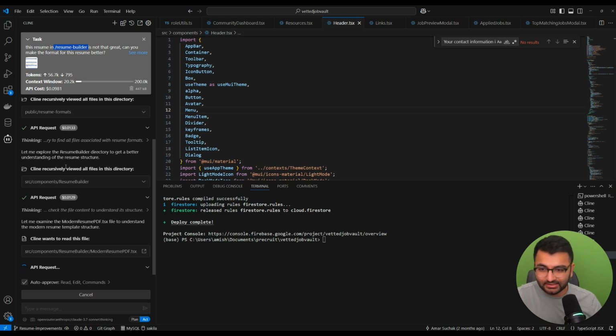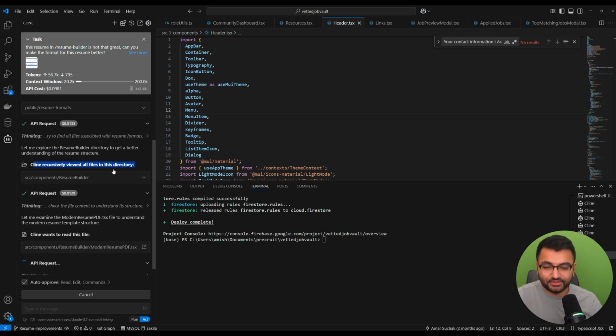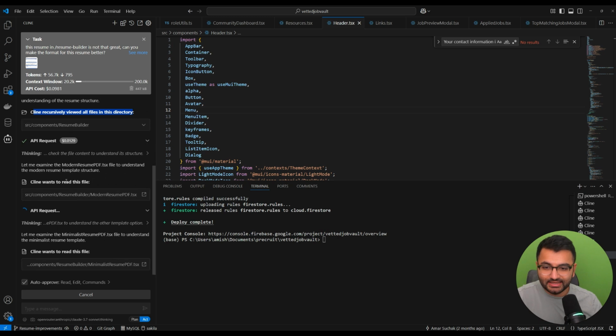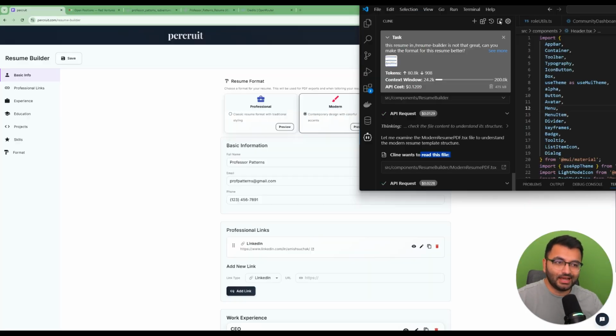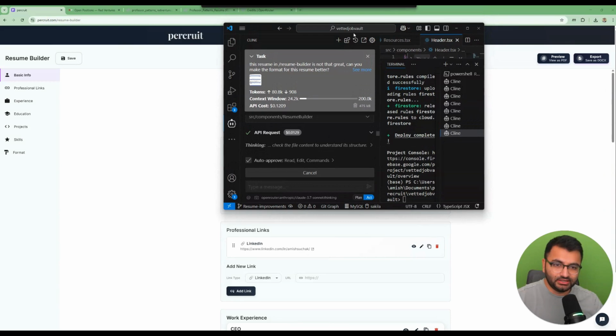So here it's still kind of doing it, right? Cline is recursively viewing all of the files in the directory, and then it's trying to read this file. So in the most ideal world, I would have just provided the exact location of this file. Now, what I would do here is just let it do its thing, and then I can come back to it